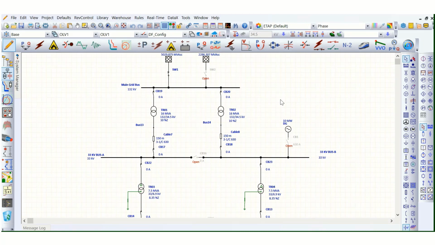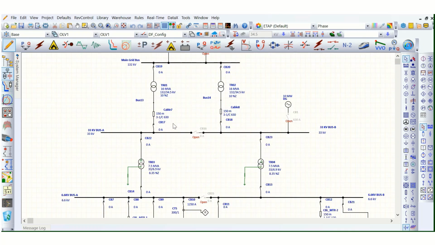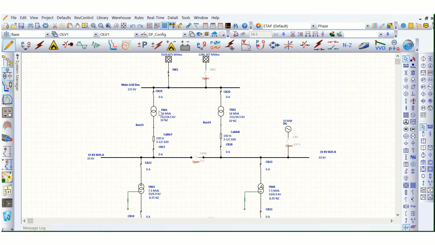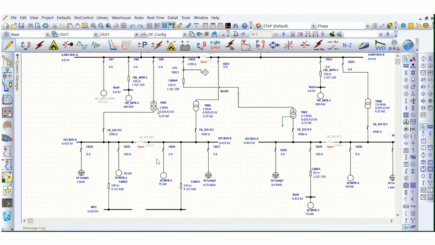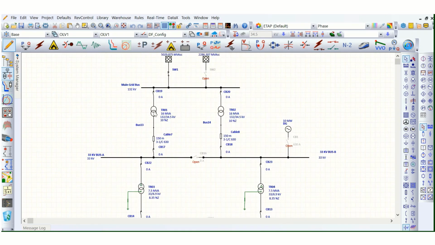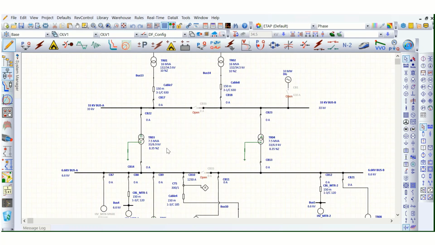In this video, I will cover the grounding point of view, basically the transformers' neutral grounding in a power system network for different voltage levels, starting from LV 415 volt up to 132 kV or 400 kV EHV systems. So I will cover